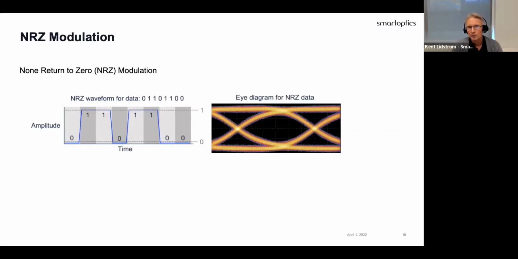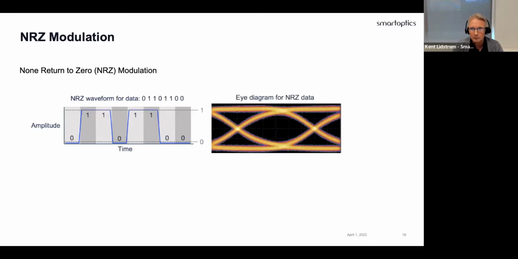So if you look at the eye diagram there, the bottom level is the light level that represents 0. And then you modulate around that in order to create a 1. If you sample that over a long time, you can see an eye diagram like you see there on the right side, where the top part represents the 1 level and the bottom part represents the 0 level. So you want a clean and nice eye like what you see on the picture here. The amplitude is called the extinction ratio.